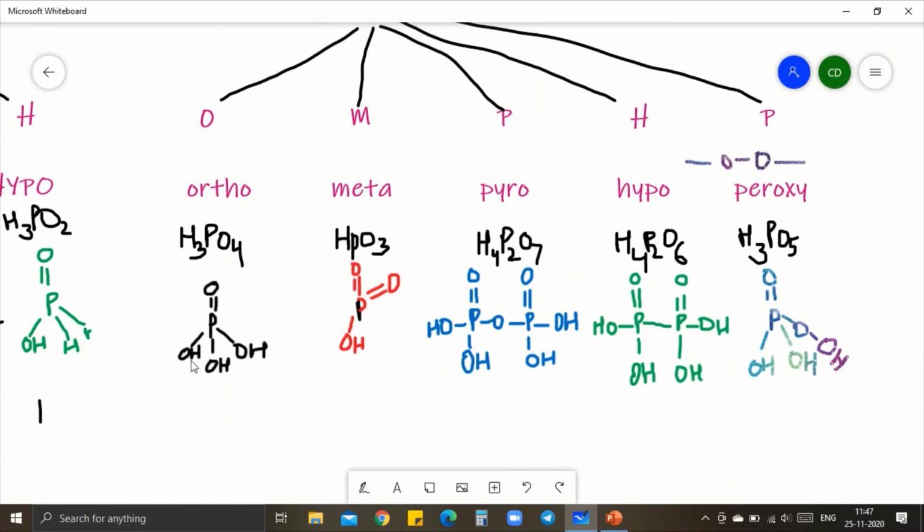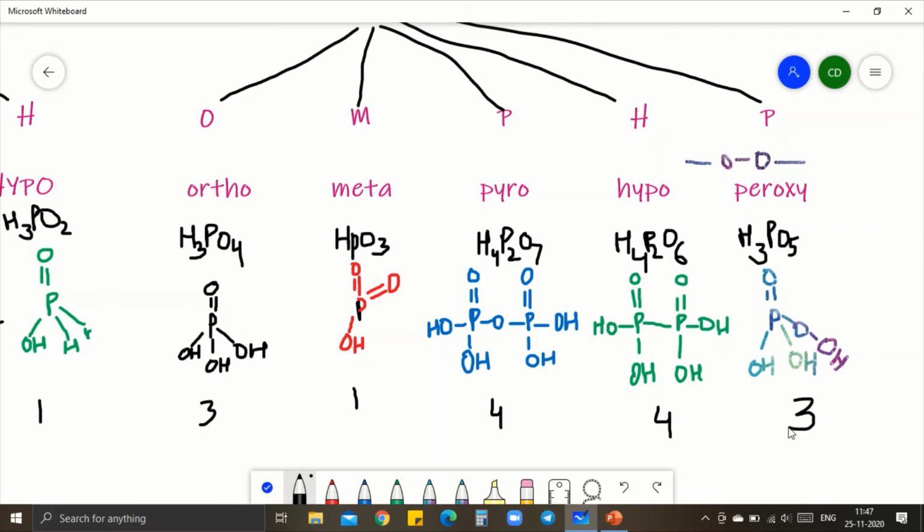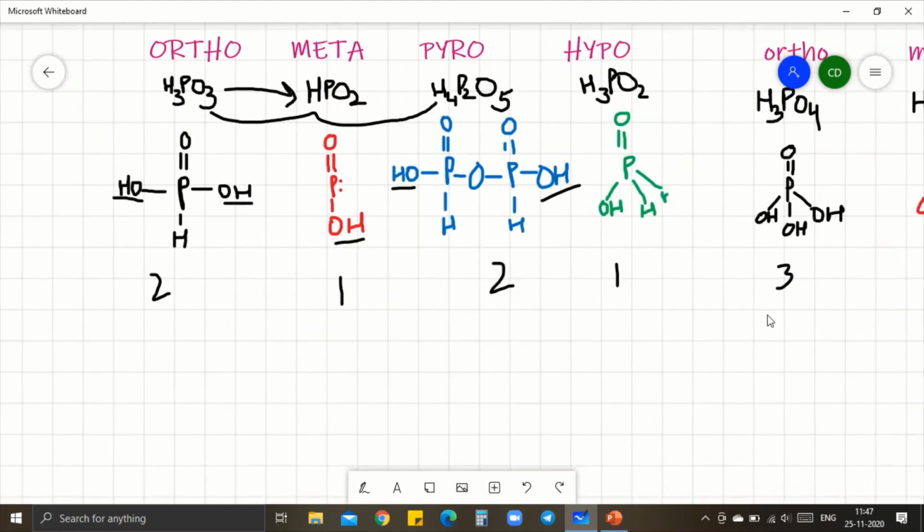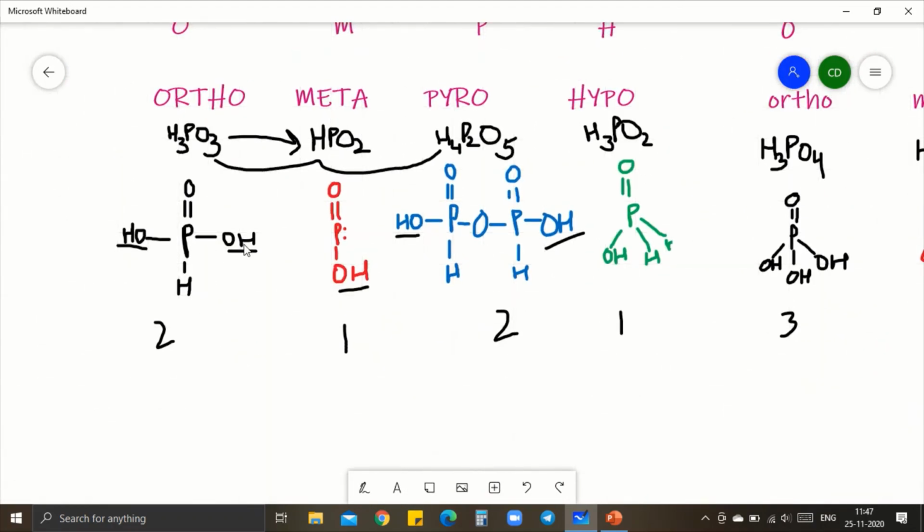because here all hydrogen atoms form OH groups. 3 OH, 4 OH. So how many hydrogens are there? That is the basicity. You can see here 3 OH groups. So basicity is 3. 1 OH group, basicity is 1. 4 OH groups, basicity is 4. There are 4 OH groups, 3 OH groups. And if you see here, there are 3 hydrogen atoms. 3 is basicity. 4 hydrogen atoms, basicity is 4. You can see in all the cases. So finding basicity in phosphoric acids is simple as compared to phosphorus. But phosphorus is also simple if you calculate the number of OH groups.